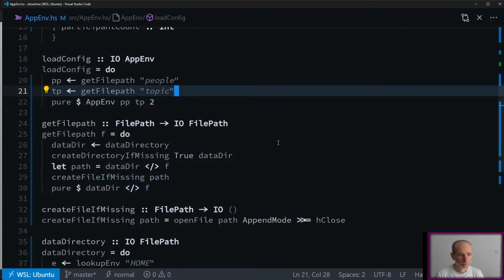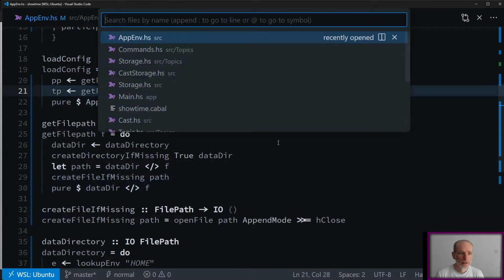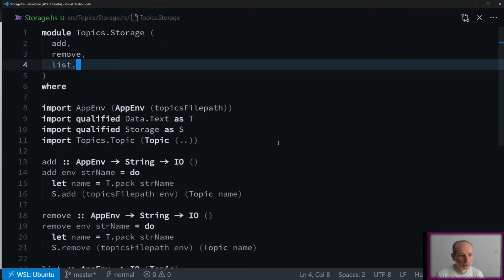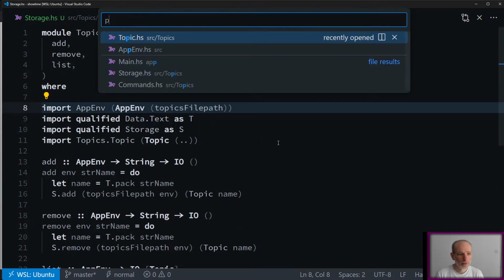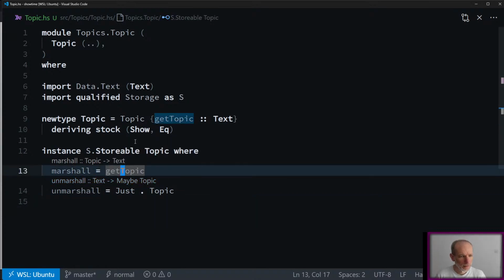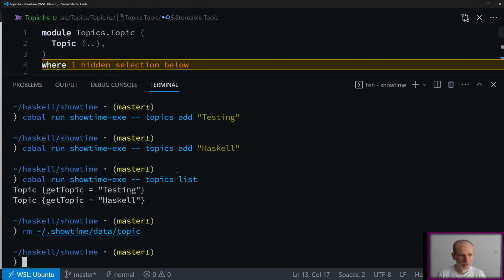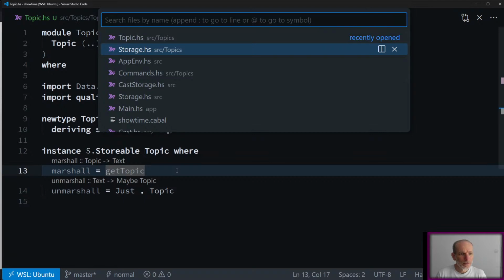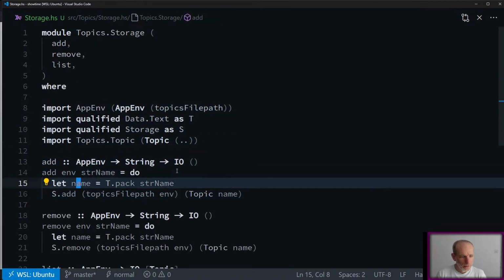So people and topics. And in the storage. Nope, sorry, in the topic itself, when we are marshalling it, we'll be calling begin the text out. I think that should be fine. I don't understand why it was showing it. So in here, when we call add,